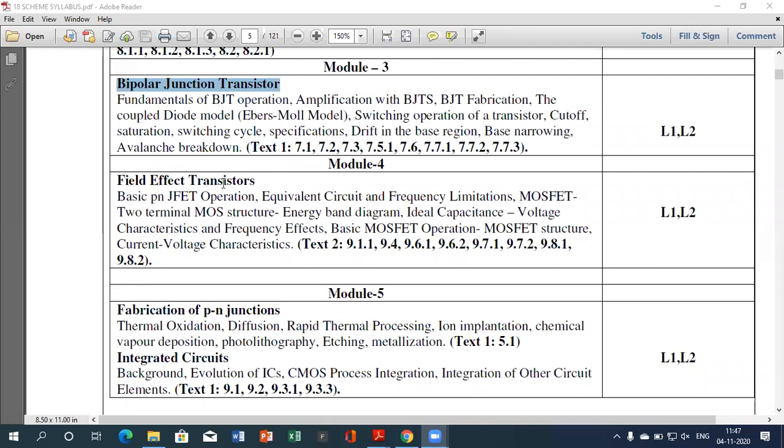Another important thing, FETs are voltage controlled devices and BJTs are current controlled devices. And FETs can remain stable up to high temperature, around 70 degrees Celsius, whereas BJTs are stable only up to about 45 to 50 degrees Celsius. Therefore, FETs are more preferred than BJT.